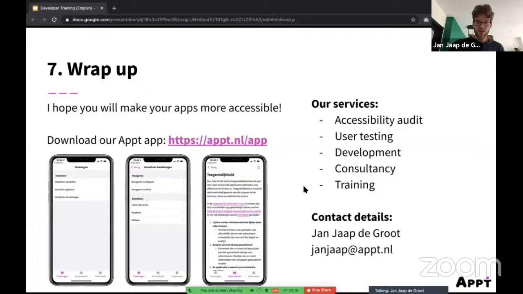You can see if you can use your app by using the screen reader. Because if the screen reader works, then usually the other assistive technologies also work. So if you want to get started with accessibility testing, I suggest you get started with learning how to use a screen reader. Because that's, in my opinion, the easiest way to get started.